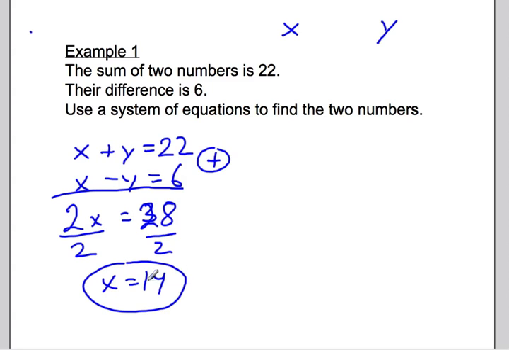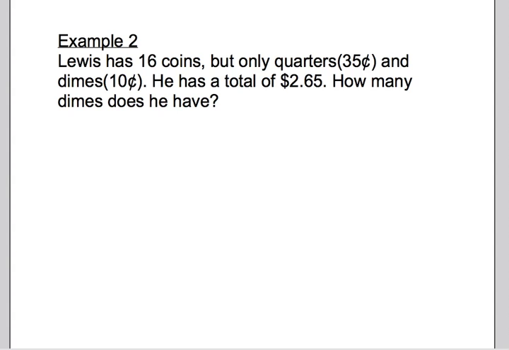Okay, and obviously the second number is going to be 8 because 8 plus 14 equals 22. So we're going to have y equals 8. So those are our two numbers. The next example,